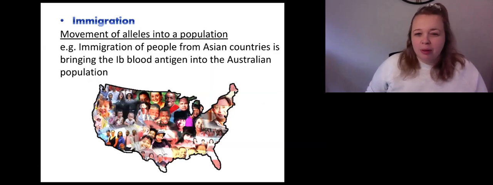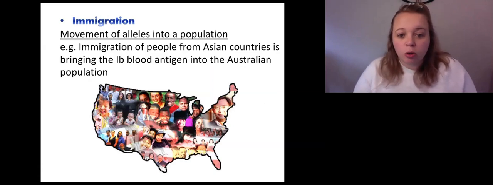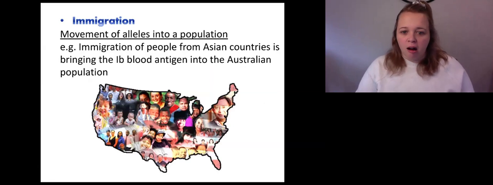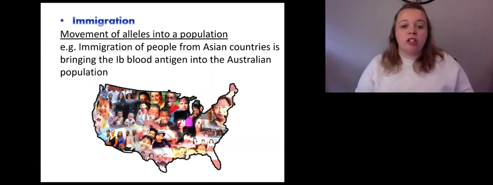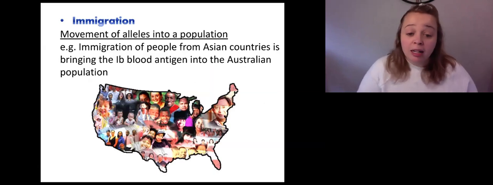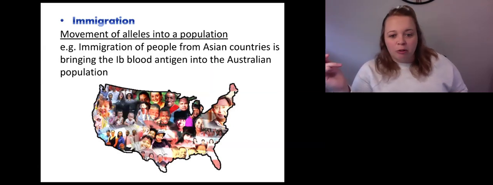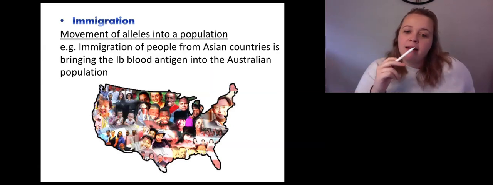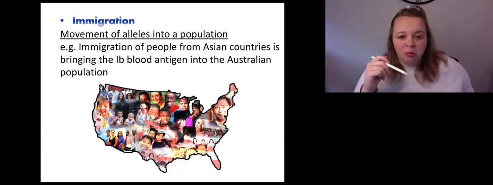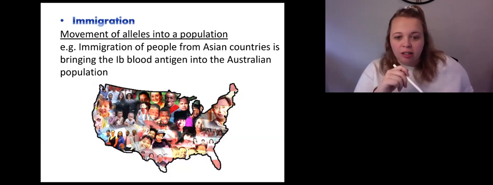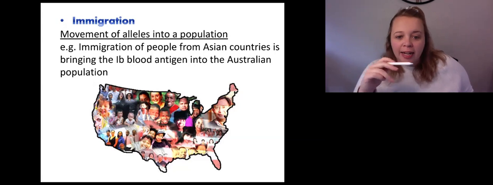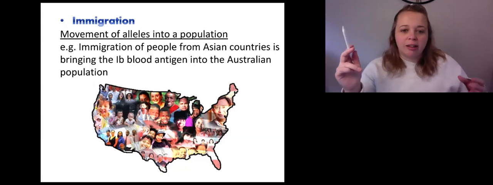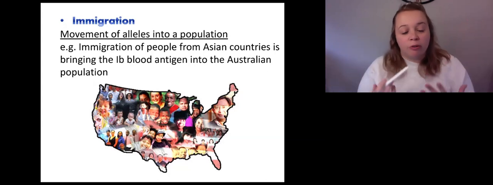So one of the biggest things that happens, and this is mostly with humans, is the movement of alleles into the population. What can cause that? That would be immigration with an I. Yeah, so immigration with an I has actually changed the genetic makeup of the Australian population's blood, which is really cool. A lot of people from Asian countries had a higher percentage of individuals with the B blood group. And in Australia, the European blood that the white Australians brought with them had a lot of A blood type. So when the immigration started to happen more frequently between Asia